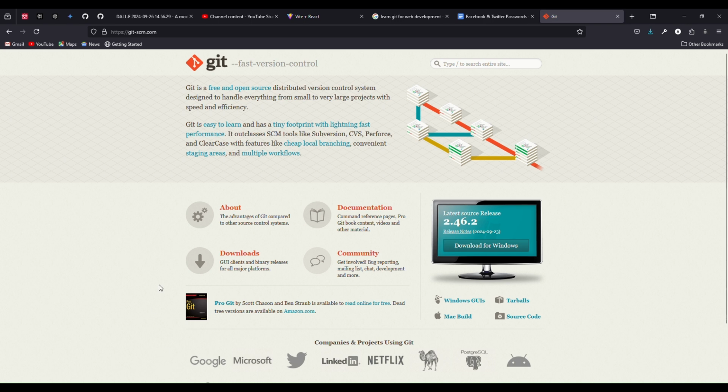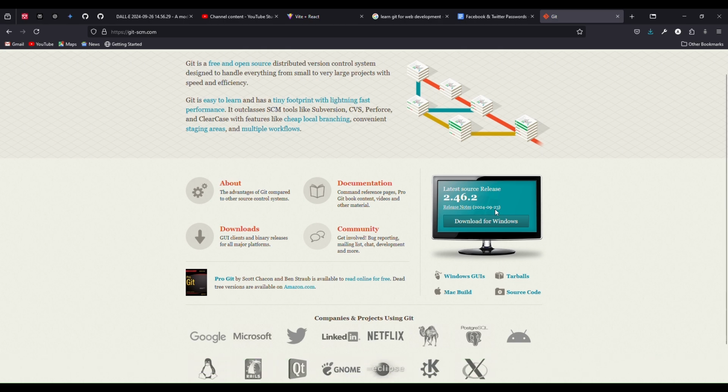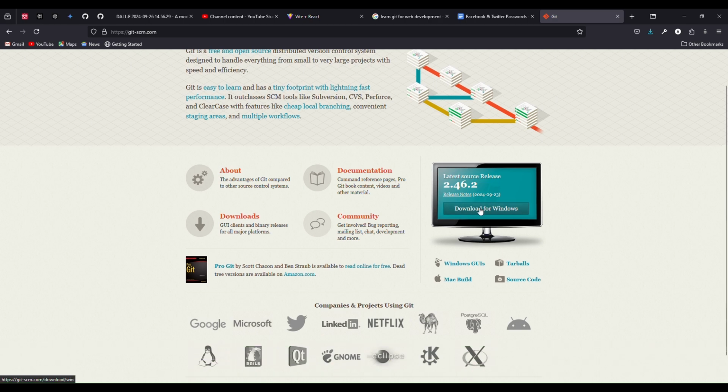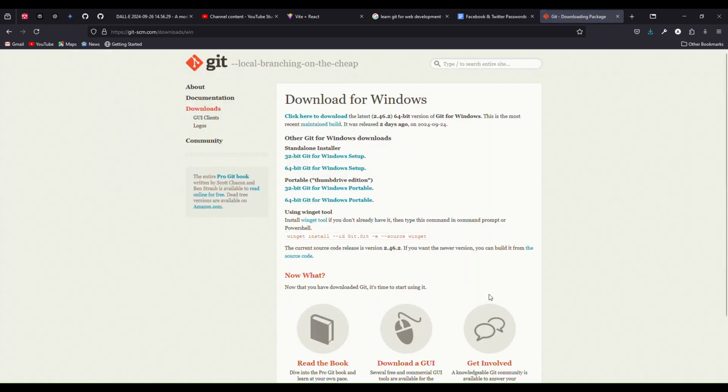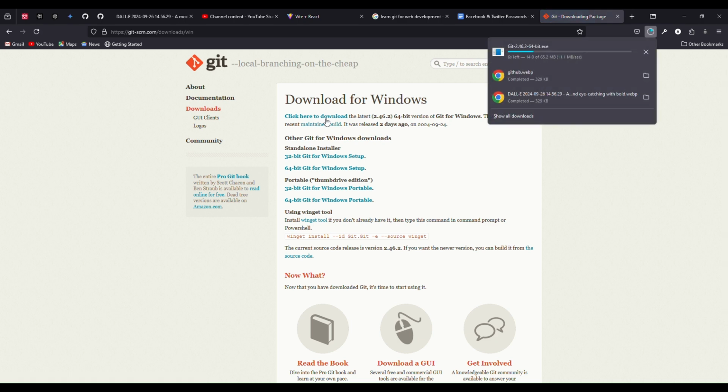For installing Git, just go to download for Windows, a very easy step. Click here to download, and it will start to download. Just wait.